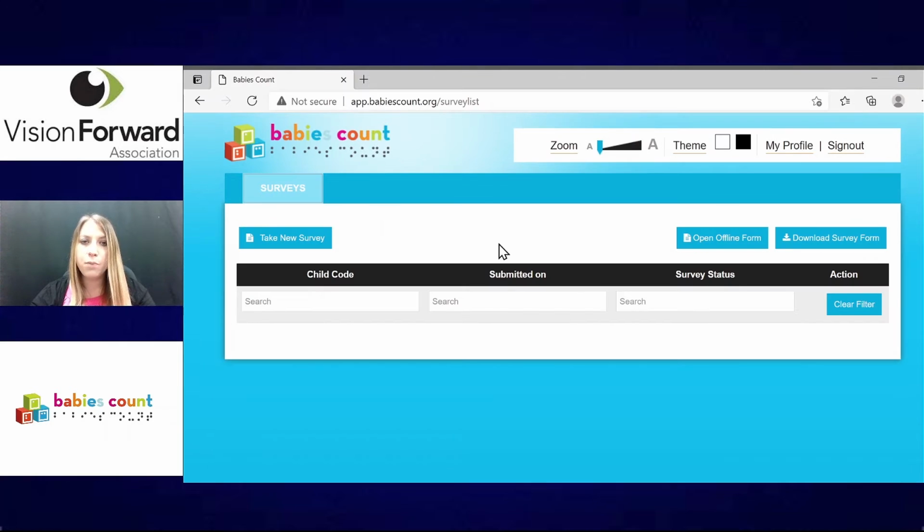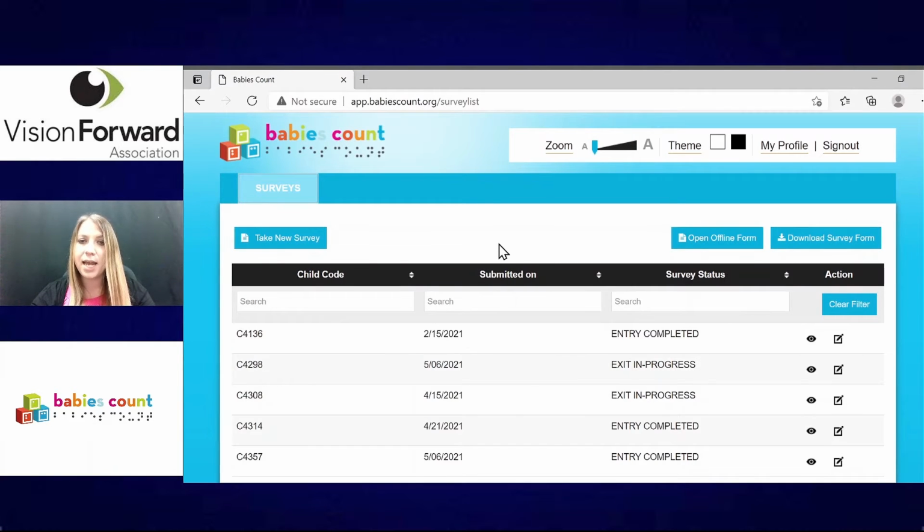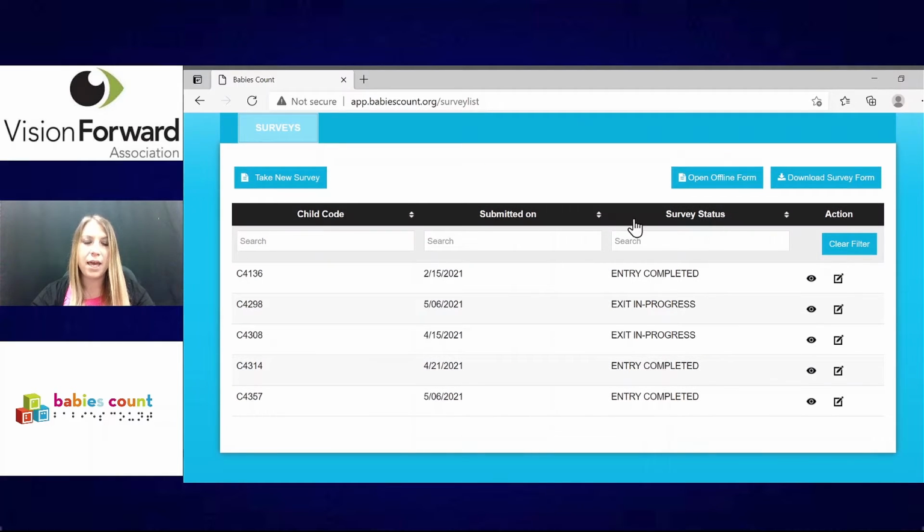The very most important thing to remember as the provider is that after you complete a survey, it will give you a child's code for that survey. Make sure that you write that code down, which you can see some of the codes on the left-hand side. Be sure that you enter those codes on the child's case file, as well as on your survey tracking sheet for Babies Count. The only person who will have this child code is the provider, so make sure you keep track of this. You'll need it when you go back to edit the child's survey after entry has been completed